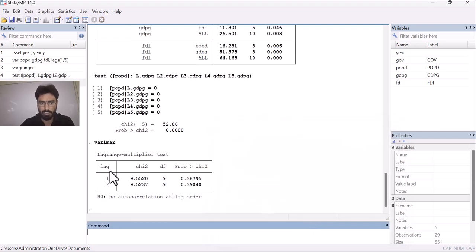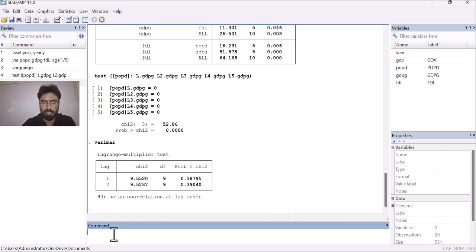So here you can see that it has provided us the test for autocorrelation, and the H naught is no autocorrelation, and H1 is there is autocorrelation, and that is not desirable. What is desirable for us is that there should be no autocorrelation in our model.